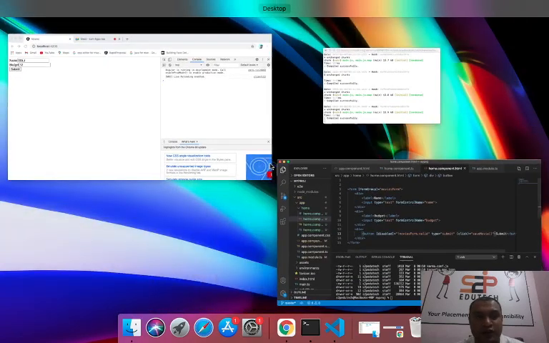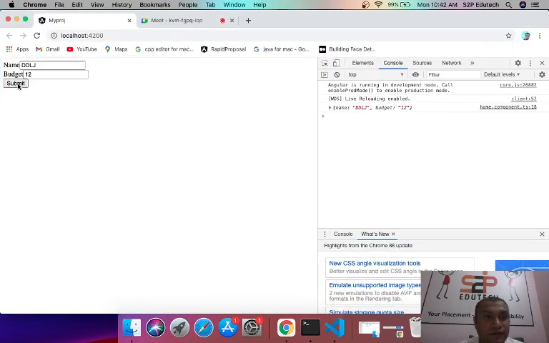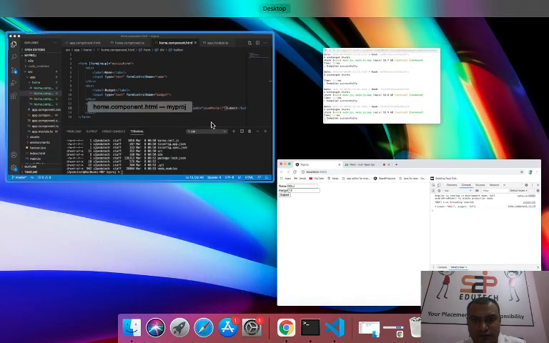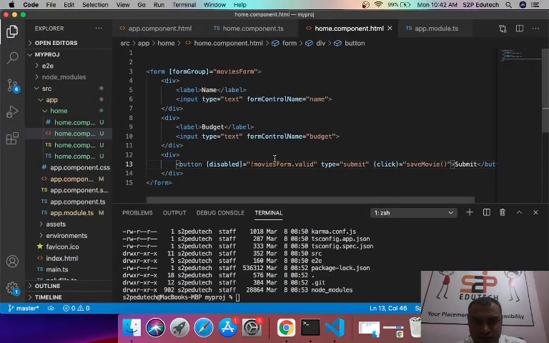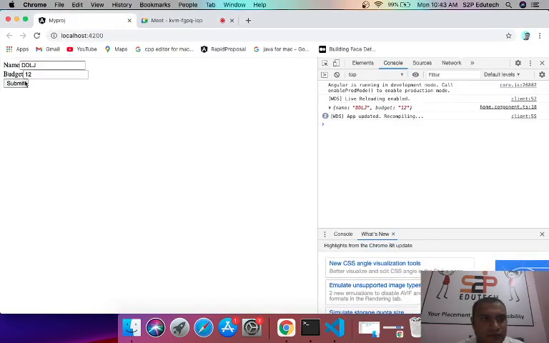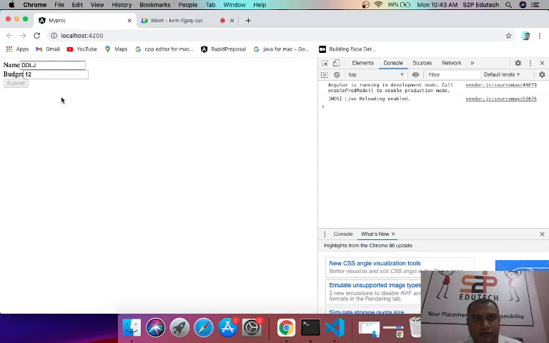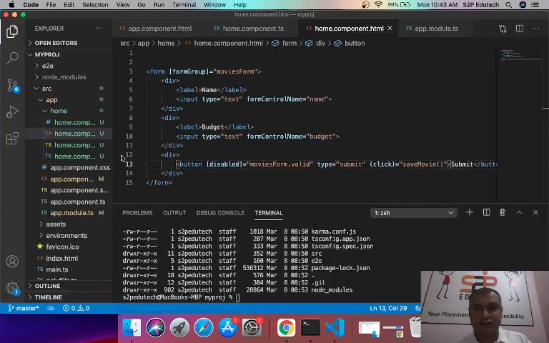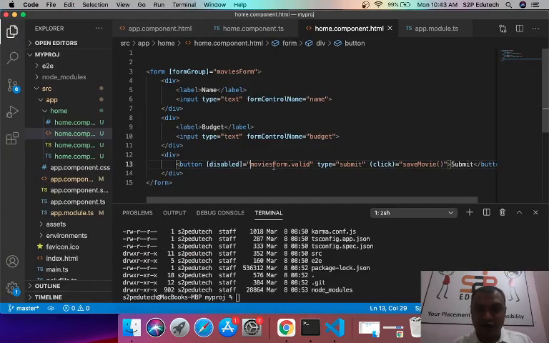Now let's have a look. Okay, so instead of not, I would simply say movies form dot valid. So this button would only be enabled if my form is valid.